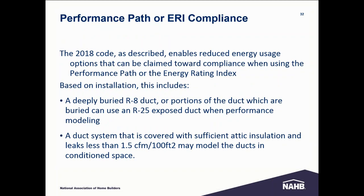So when you're doing performance path or ERI compliance, the 2018 code has reduced energy usage options to be claimed towards compliance using both the performance path and the energy rating index. So based on insulation, this includes deeply buried R8 ducts, where you can use the R25, and you can consider the ducts in conditioned space, as I indicated. If the air handler is in conditioned space, you meet the 1.5 CFM, and there's the proper amount of insulation above